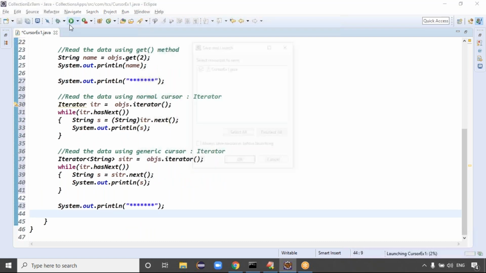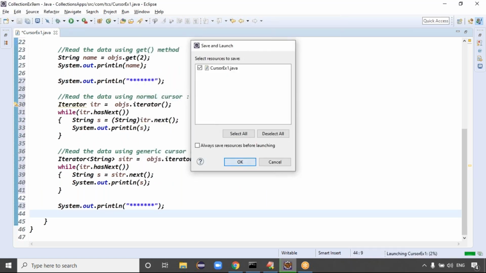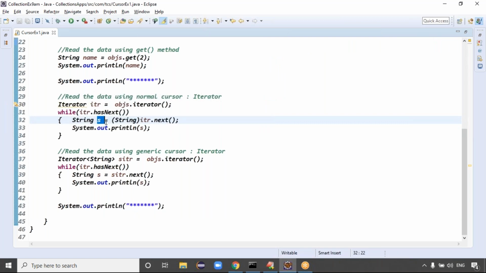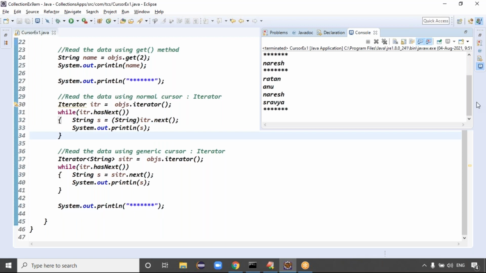If you want me to run this code, you can run it. Tell me, what's the problem? Yes, it's already taken. That's a block level, right? This is the code for the for each loop. This is for the get method.